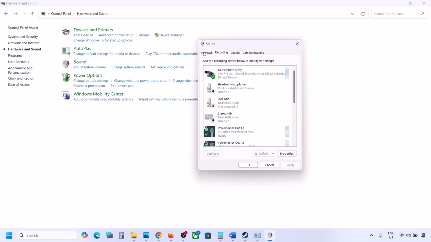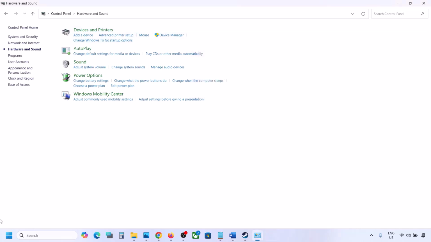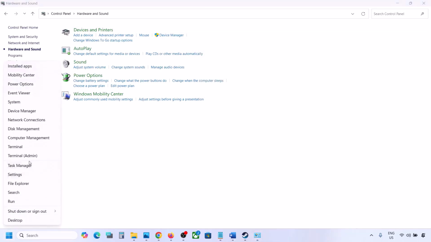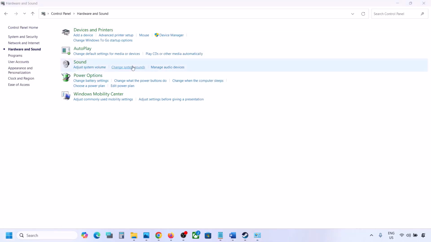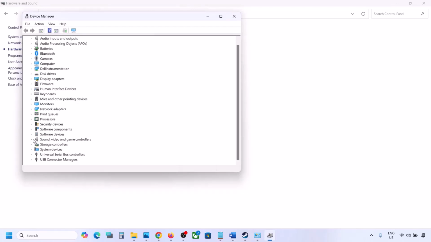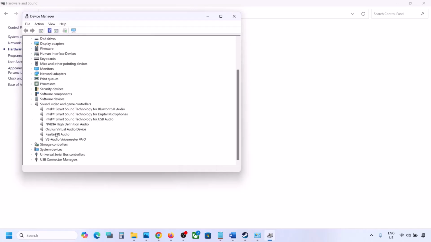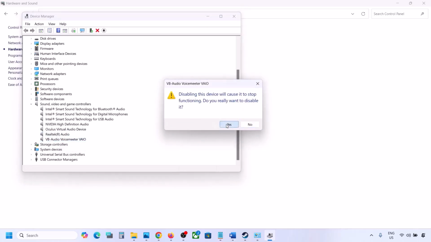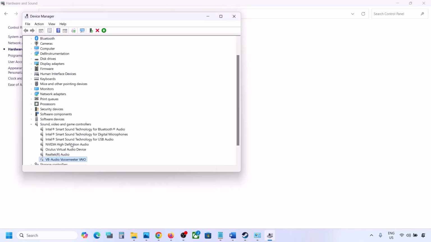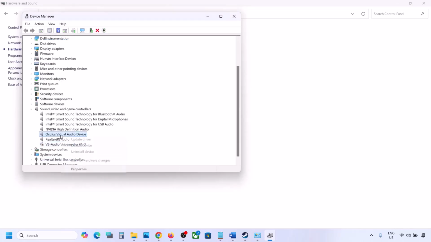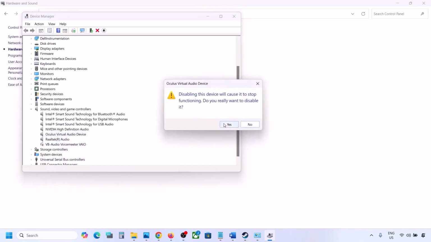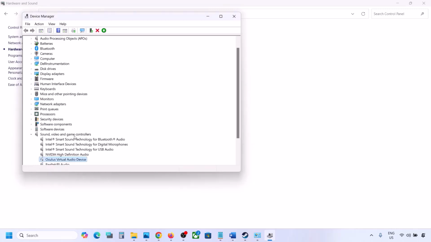So disable, and then you can do the same thing in device manager. Make a right click on the start menu and then go to device manager and then expand sound, video and game controllers, and I'm using this Realtek, and the rest I'm not using, so I will just make a right click and disable it. You can always enable it whenever you want. Simply make a right click and enable it. So I'm not using this Oculus, I will disable it. If you have this NVIDIA which you're not using, you can disable it,